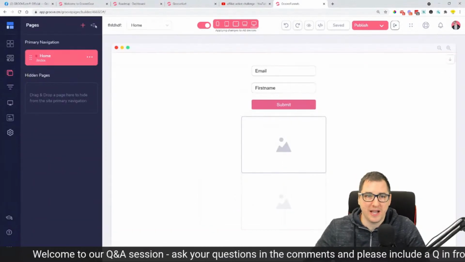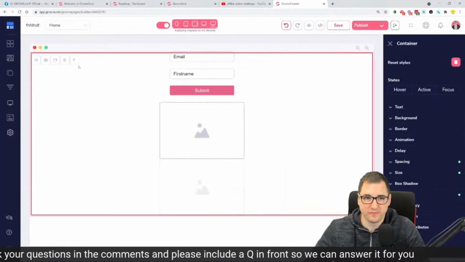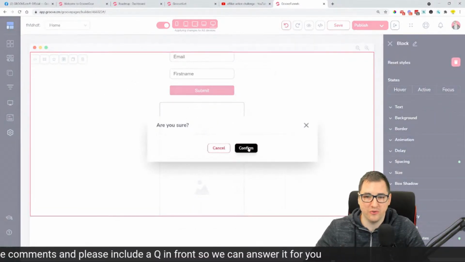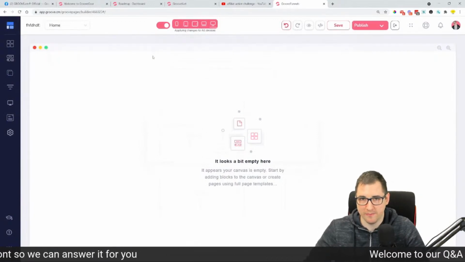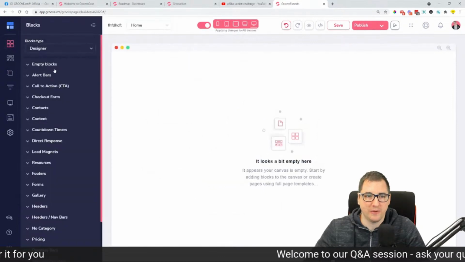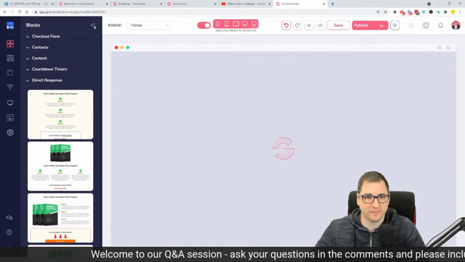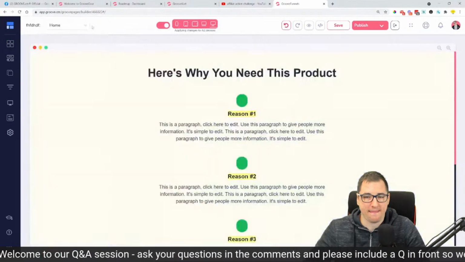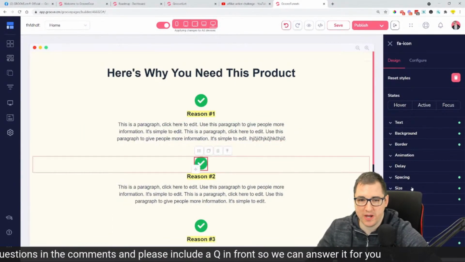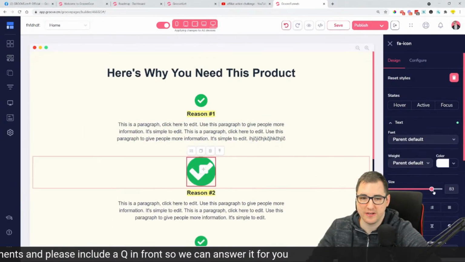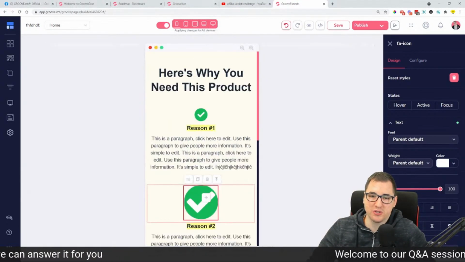When you're doing any kind of modifications with GroovePages, you need to make sure that you are designing your sites for all devices at the same time at the beginning, which means that I will just do some direct response block over here. And I now did this change, and I want to make this icon a little bit bigger. And now this applied it to all the devices, but I may want it to look a little bit different